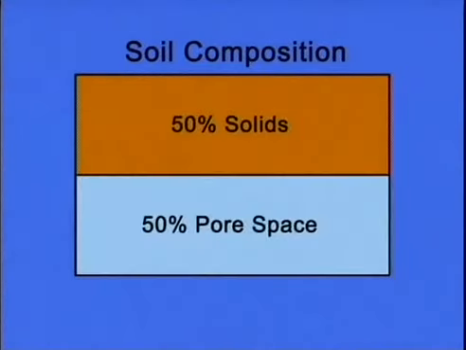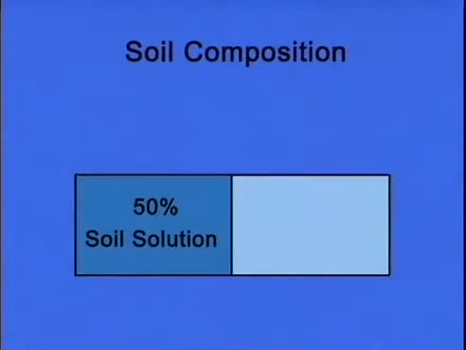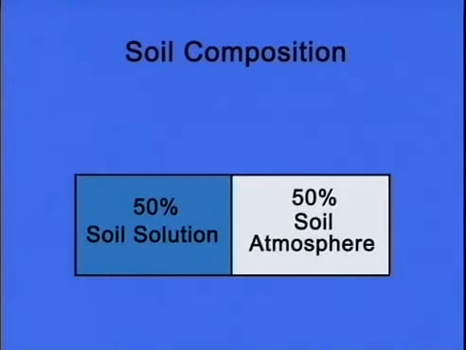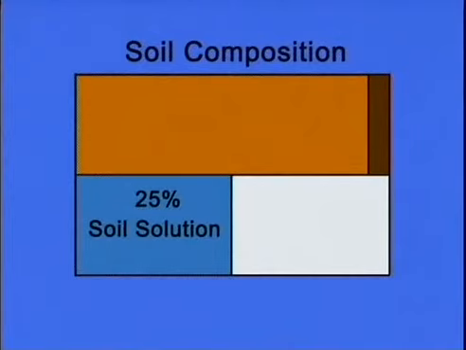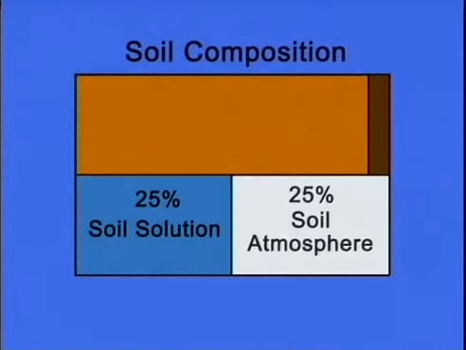So we've got 50% solids, 50% pore space, and then we further subdivide the pore space into 25% soil solution and 25% soil atmosphere. So we go back to the totals again here. We've got 25% soil solution, 25% soil atmosphere, approximately 45% the mineral component of the soil, and 5%